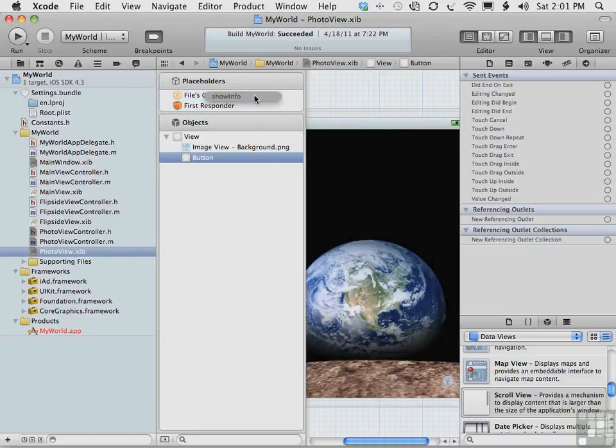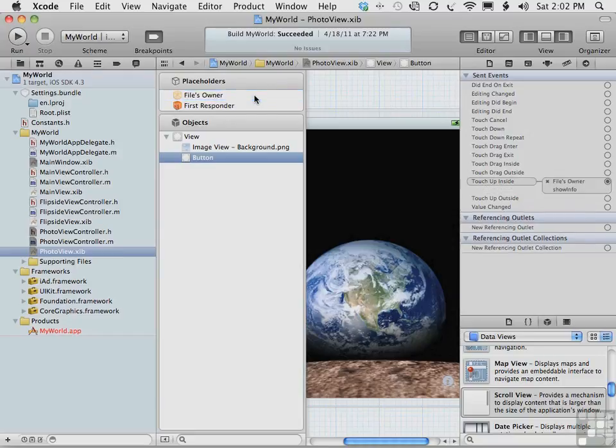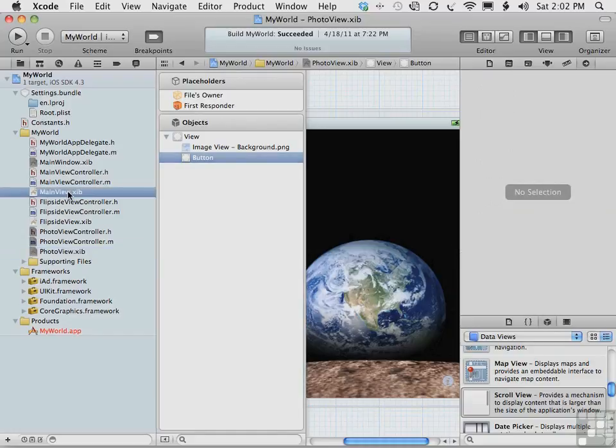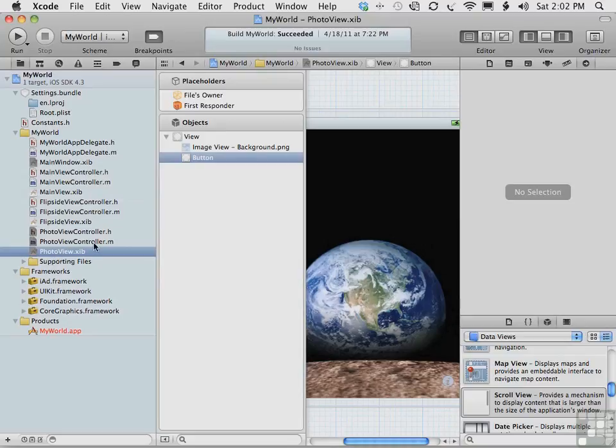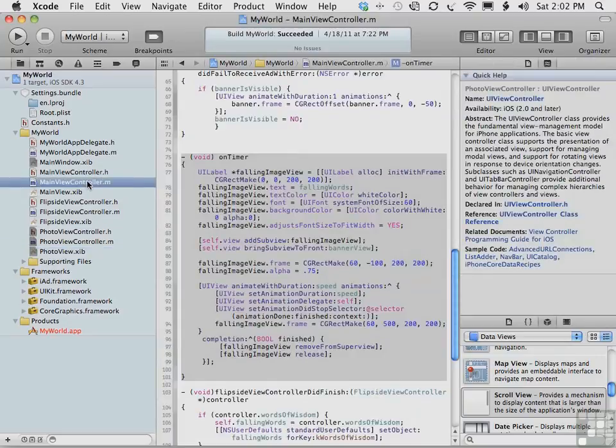show info method. And this is the show info method that's in the photo view controller, not the one in the main view controller. This is the other show info method that we modified, that we literally copied and then modified from main view controller. So we select show info. So we've not only reused the objects from main view, we've also assigned them to very similar methods that came from main view controller. We use the objects of mainview.xib in photoview.xib, and we use the methods in main view controller